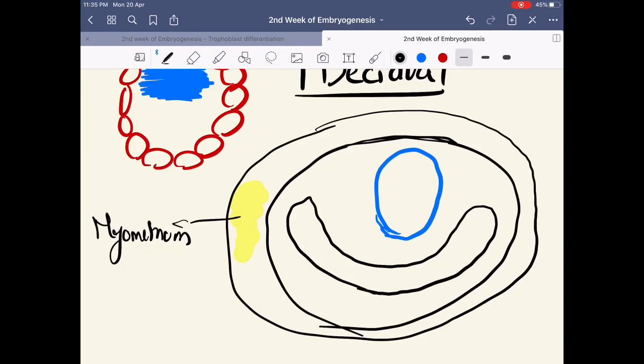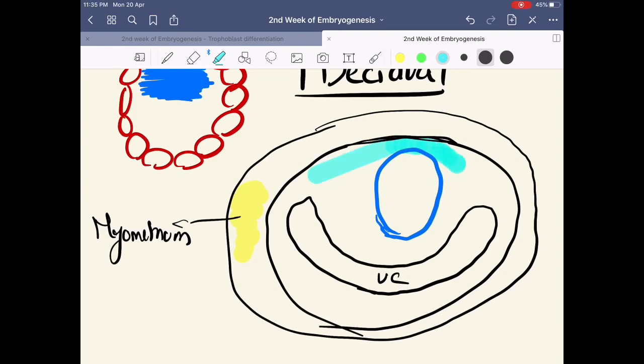The cavity that I've drawn earlier, the trophoblast has actually penetrated inside it. And this is the uterine cavity that you can see right now. I'm marking it as UC. Clear? Now where is this decidua? The uterine endometrium after implantation is called decidua. So what I'm drawing in blue right now is the decidua.